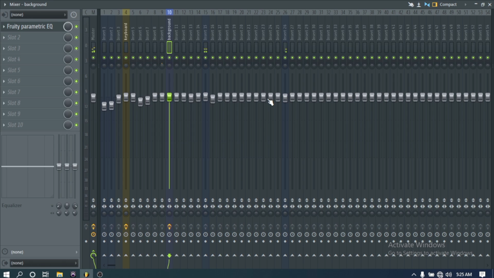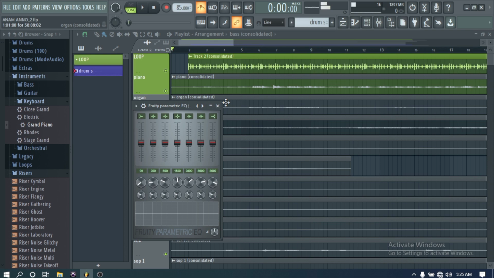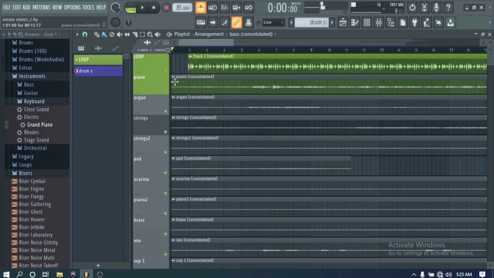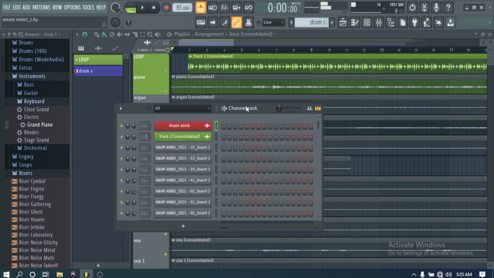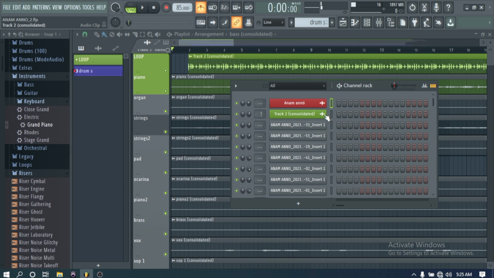Alright, so if you go back to the playlist, let's close this. If you go back to the playlist, these are our tracks. For each of these tracks, we have to go to the channel rack and ensure that each can be seen on the mixer. How do we do that? This is track 2. This is okay. So if we go down,